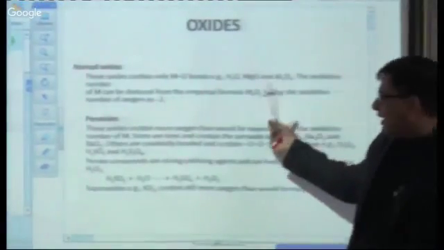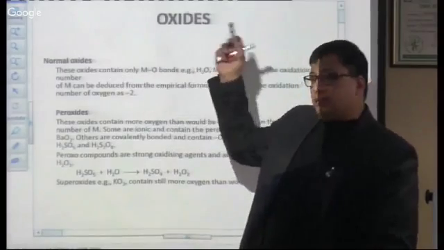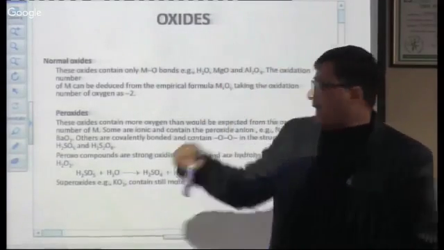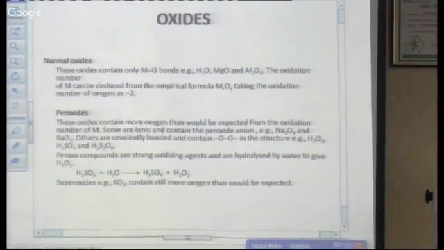It consists of M-O bond. They are very simple: H2O, MgO, Al2O3. The second is peroxide. In a normal oxide, oxygen always consists of 2 minus, and in a peroxide, oxygen consists of 1 minus. The most common peroxide is